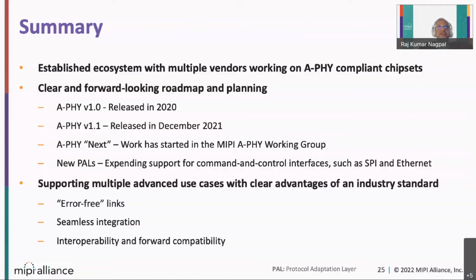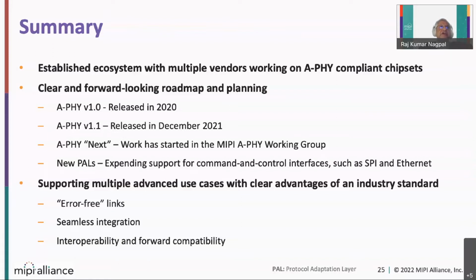A-PHY next is in progress discussions, which my colleague Guido will take you through. And there are multiple PHYs which we are supporting, and we are adding a few more like HPI and Ethernet to make this solution rich in accepting multiple traffic types.